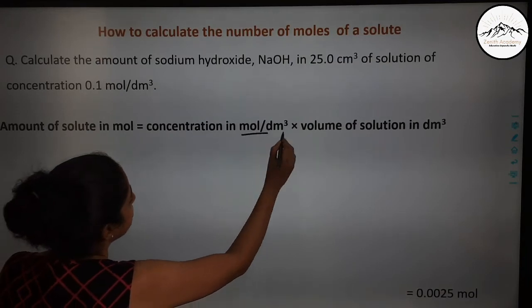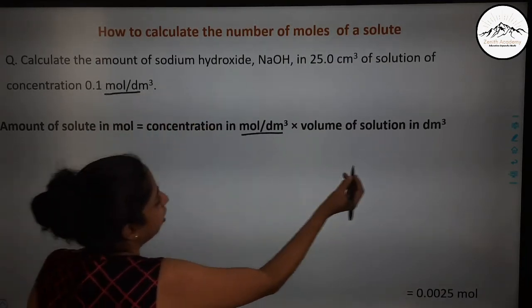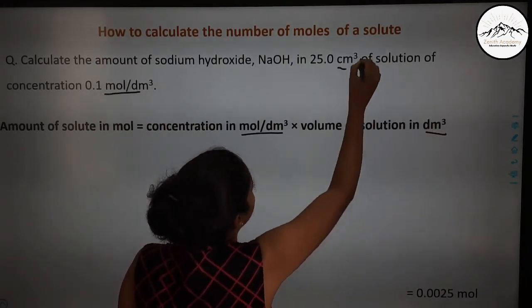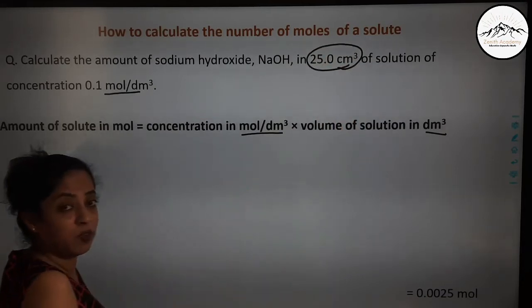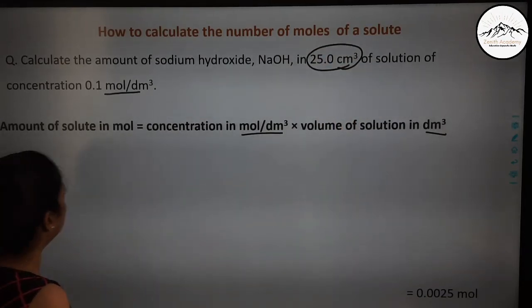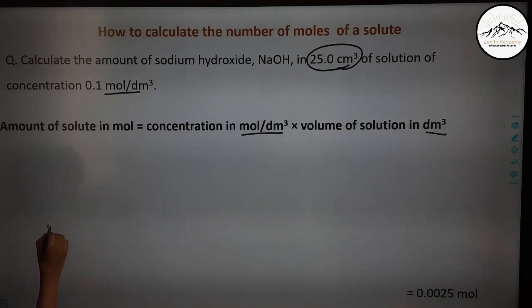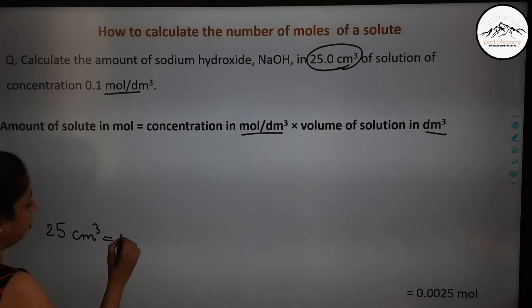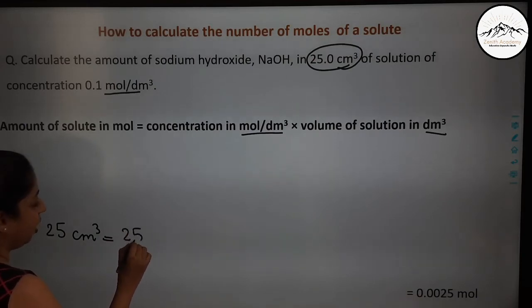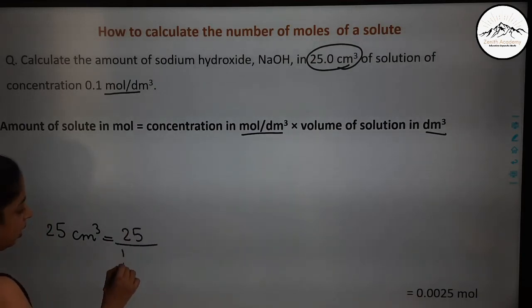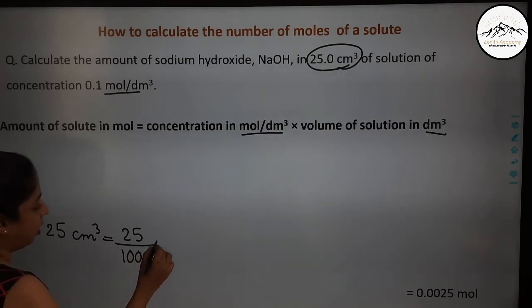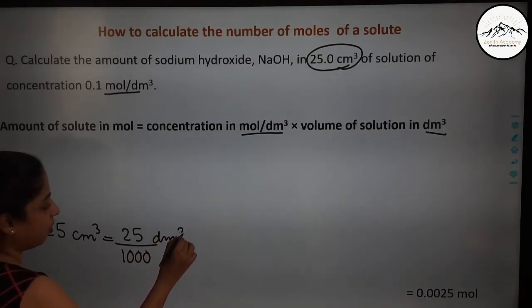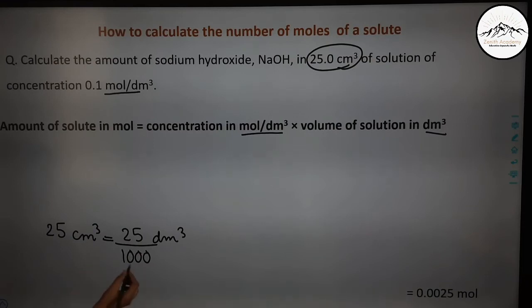So concentration is already in mole per decimeter cube, but volume here is in centimeter cube. So first we will have to convert centimeter cube into decimeter cube. So 25 centimeter cube can be written as 25 divided by 1000 decimeter cube, right? We have converted into decimeter, so we have divided by 1000, so it becomes 0.025